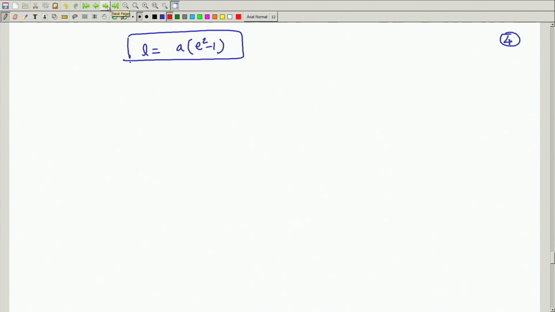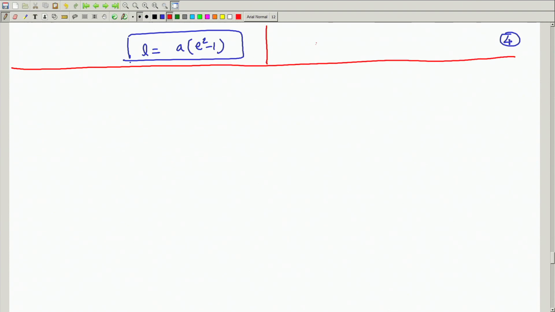Now, I will take you to a different way of doing the problem, and that too in the Kepler's equation form we will write. The most important thing that I am going to write here is that either you write this way or this way, both are valid for hyperbola. This is your semi latus rectum, this is the semi major axis and this is the eccentricity. Both are valid, but here in this case a is less than 0, and here in this case a is greater than 0.